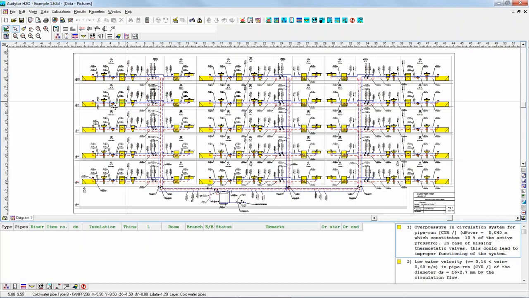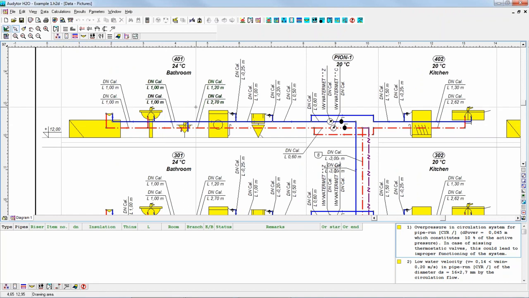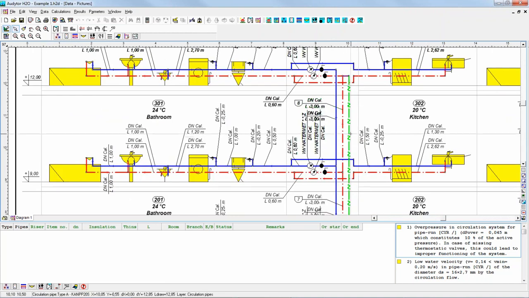The first example is the design of a simple water supply system. In each apartment you've got a bathroom and appropriate appliances, and also a few appliances in the kitchen, and this is the supply to the apartment. You've got the meter to measure the amount of water consumed. These are here the risers